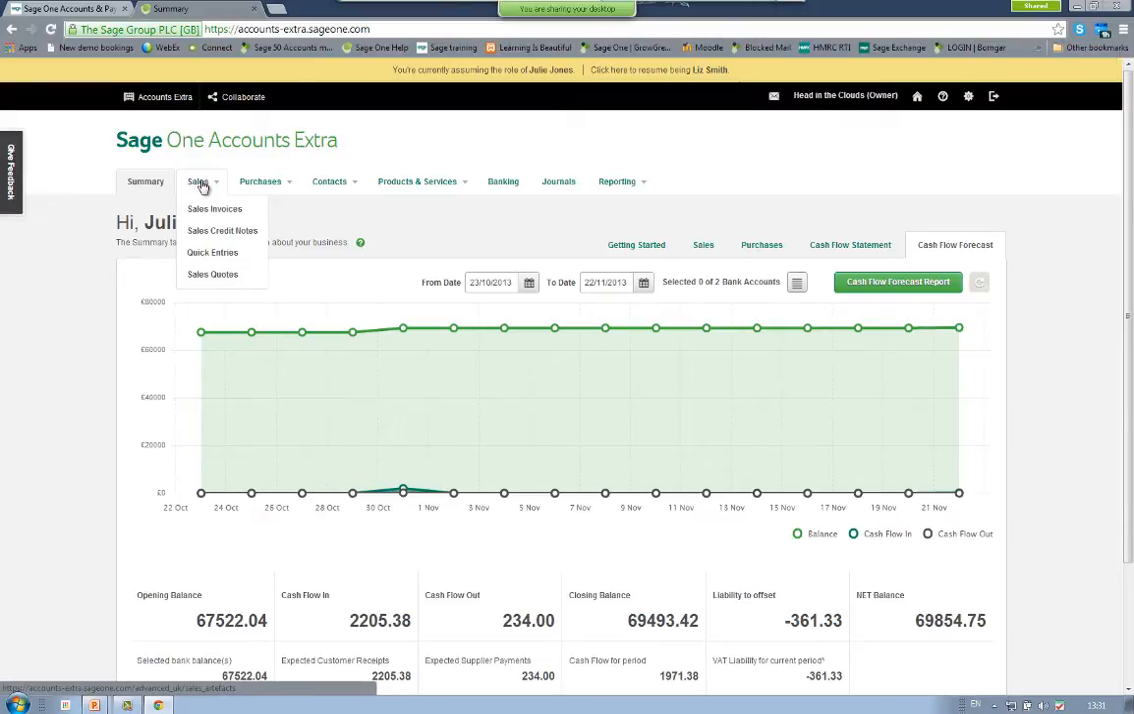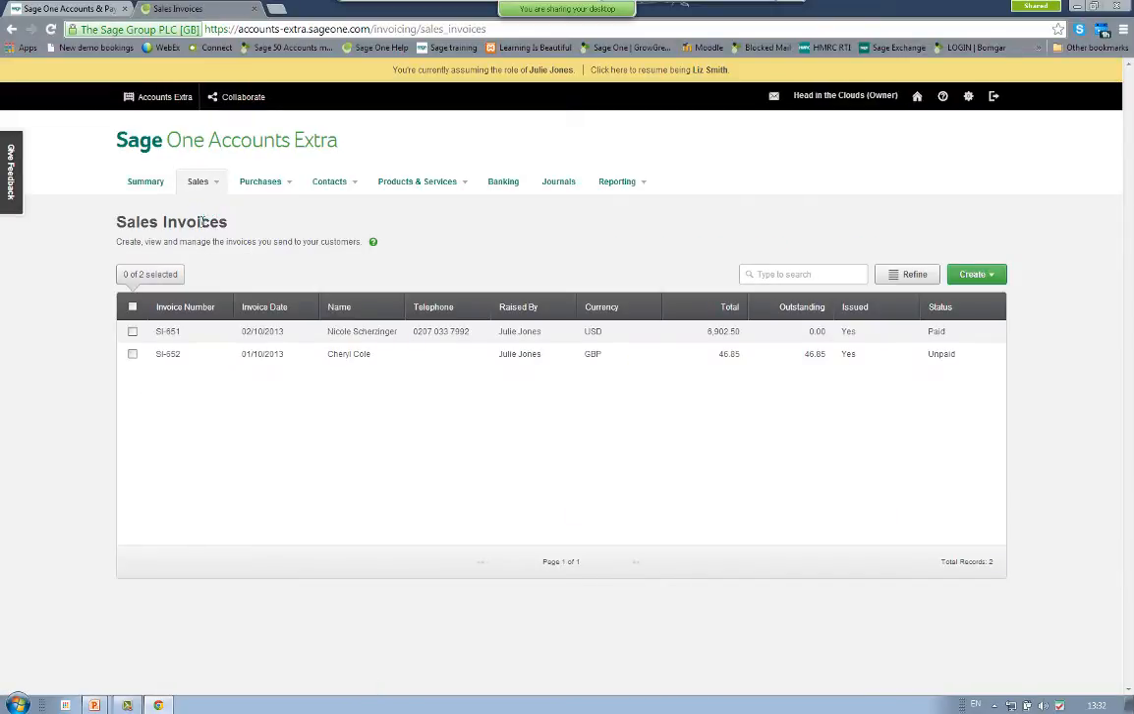From the sales point of view, a nice couple of additions within here with Accounts Extra. Sales invoices are pretty similar to as they were before, but I'll go through one just to show you what that would look like. We've also introduced quick entries, so this is like batch processing, and also the introduction of quotes as well. So we have a look at sales invoices first of all. You'll notice there's a couple of invoices that I have created already. So if I click onto my invoice to Nicole,